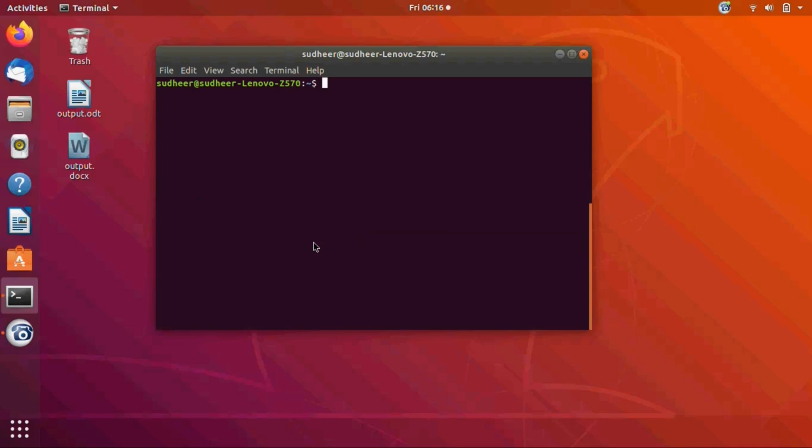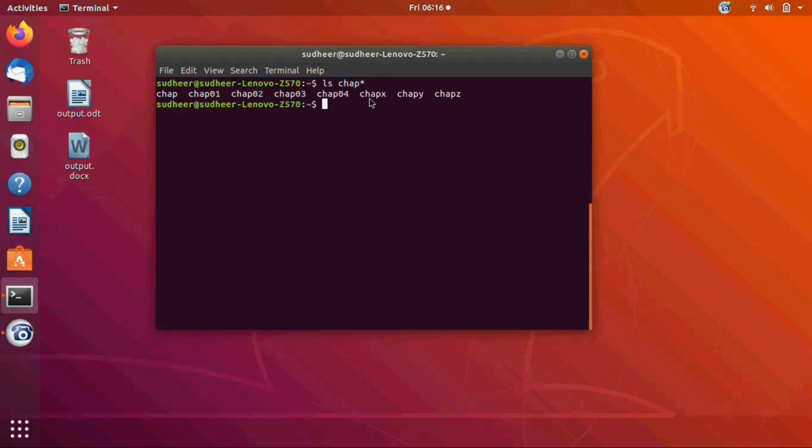The first one is the star. Star is one of the wildcards available in the Unix system. If I want to search all the files available in the file system, I will use the command ls, with the file name starting with chap, and then a star. Here I want to list all the file names which start with chap. Now I got all the files that start with chap. That is the use of the wildcard star.